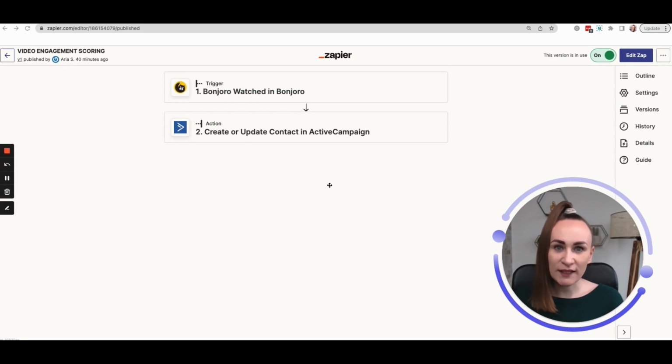So this app is related to the previous one. As you are encouraging your sales reps to send those video messages, you also need to make sure that you are tracking all that video engagement and then making sure that video engagement is part of your lead scoring on your CRM. In this example, we are using again Bonjoro for a trigger if video is watched, and then what we're doing is we are pushing the updated contact information if that video is watched, and then using lead scoring